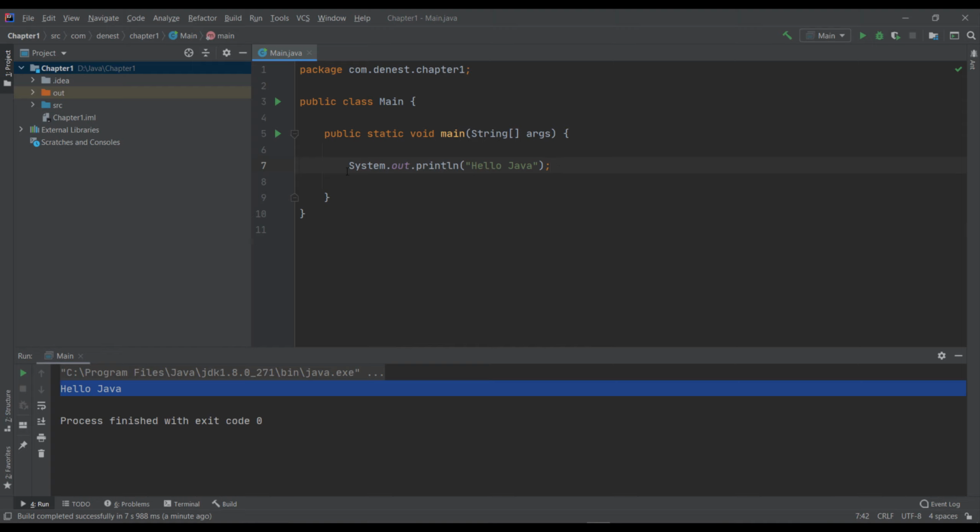If you look at System, the S starts with a capital letter. That denotes that this is also a class. As I said, everything in Java is a class. If you didn't understand what I talked about, just be calm. We'll cover all of those in detail. As we move on, you will be fluent in writing Java code.